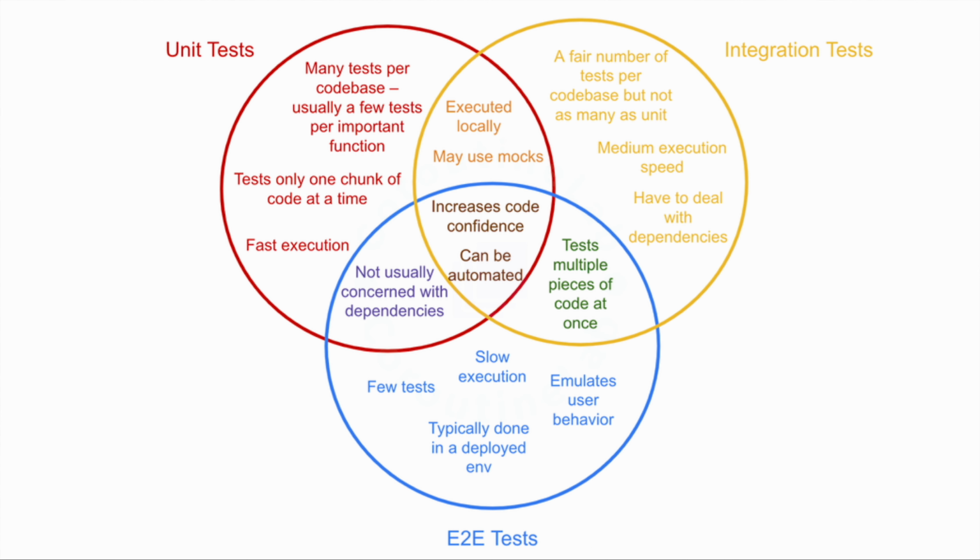I found an interesting Venn diagram that essentially summarizes everything we've discussed so far. Pause the video and take a moment to understand all the benefits it highlights. It's a great way to visualize how the different types of tests, unit, integration, and end-to-end, work together to create